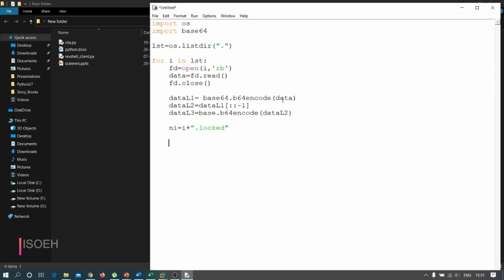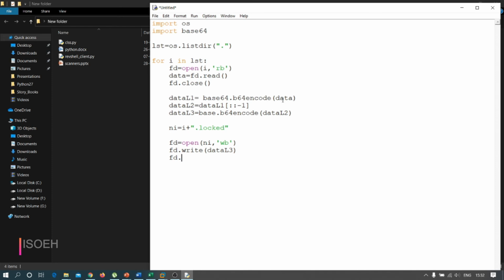Okay, then again I have to use the file handling operation. So I'm again opening the file. I have to open ni in the write binary mode because I'm going to create a file. So fd.write, and I have to write data_l3.